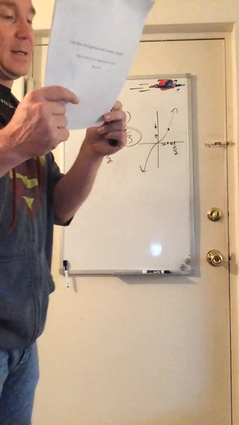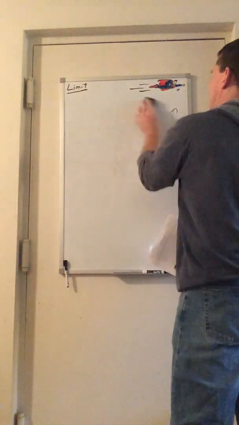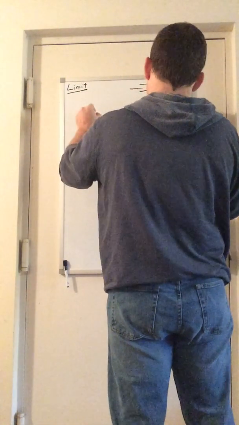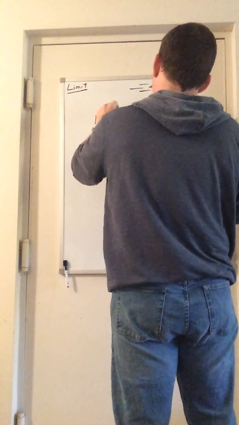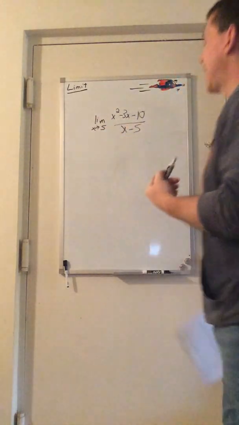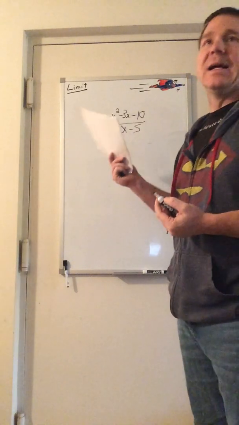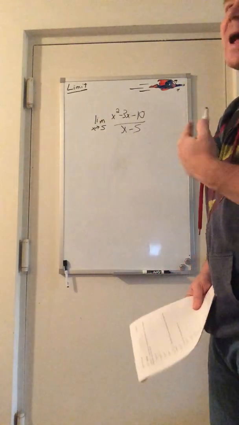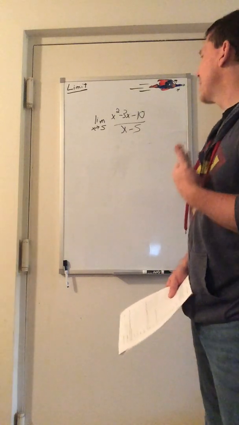Let's see. This one right here. Suppose we have the limit as x approaches 5 of x squared minus 3x minus 10 all over x minus 5. And I could graph that, but rather than doing that, and again, graphing this is completely fine, but rather than doing that on this one,